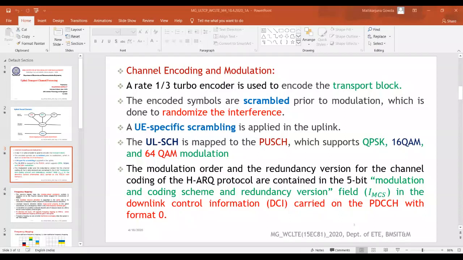We have already discussed what the downlink control information, the DCI format, is. That will always be carried on the physical downlink control channel, as I said. That means the modulation order and the redundancy version for this channel encoding technique, especially for the uplink shared channel, are specified in that 5-bit field of DCI format 0.